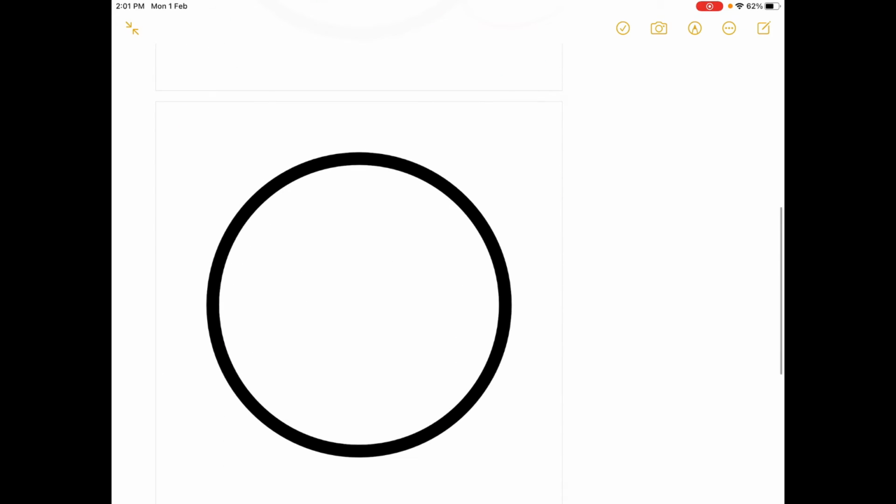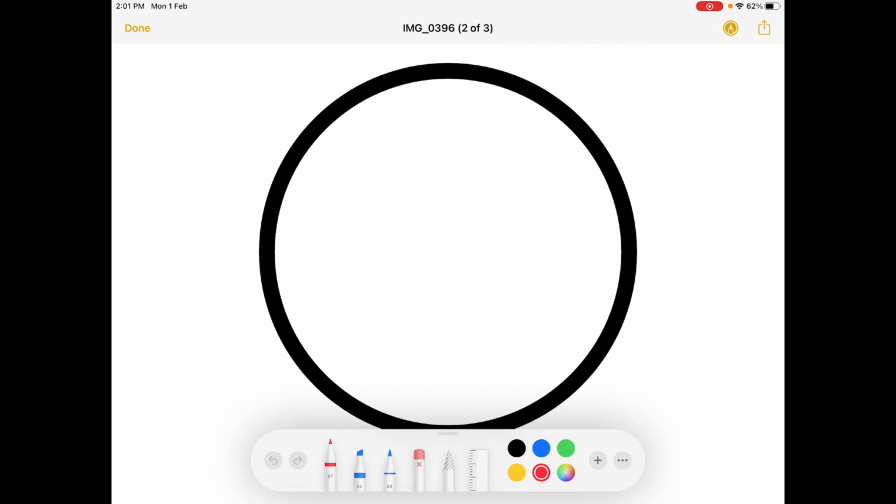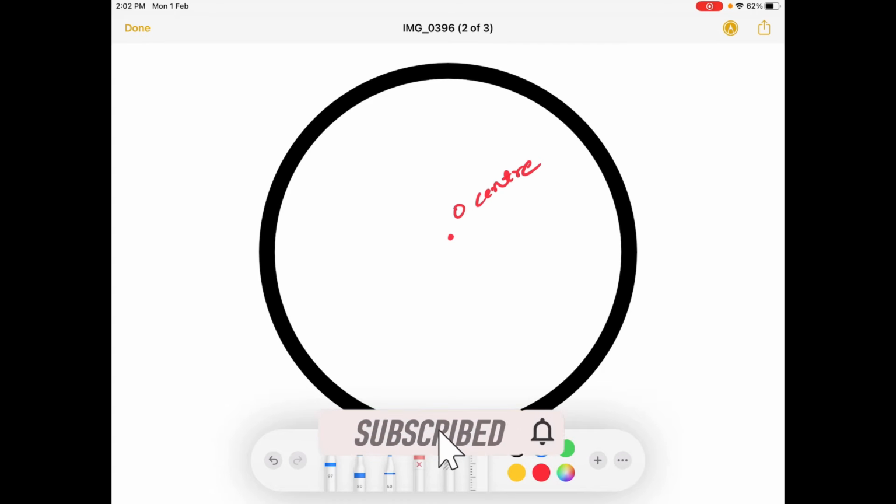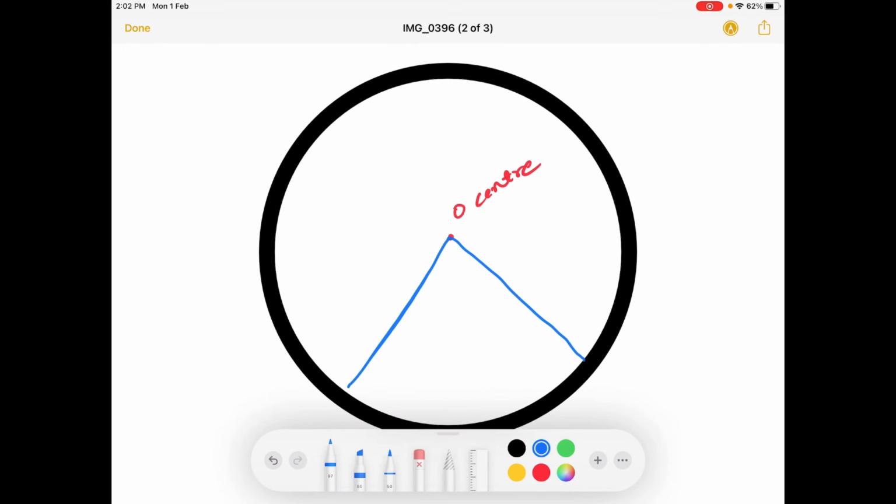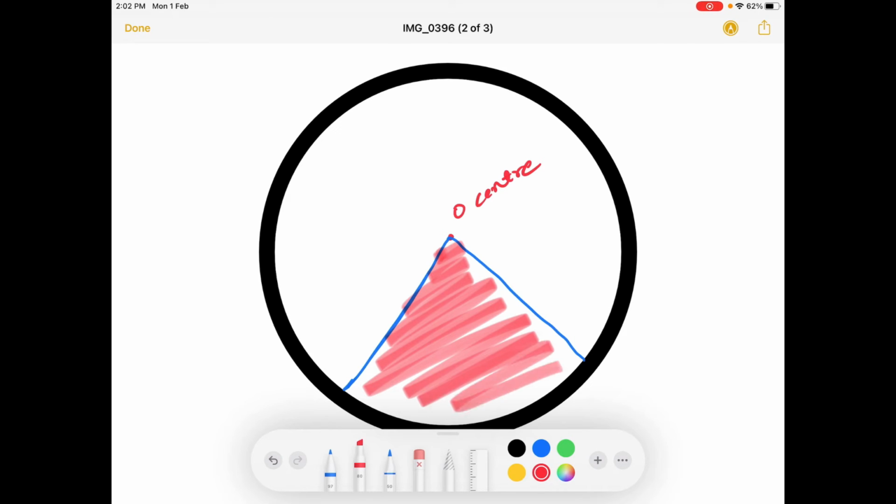Here you can see another circle in which I place O as the center of the circle. All of us have seen a pizza, and when the seller of the pizza cuts the slices of the pizza, those slices are the sectorial division of the pizza. To understand this in a better manner, if I divide this circle in the sectorial method, this will be the sector of this circle.